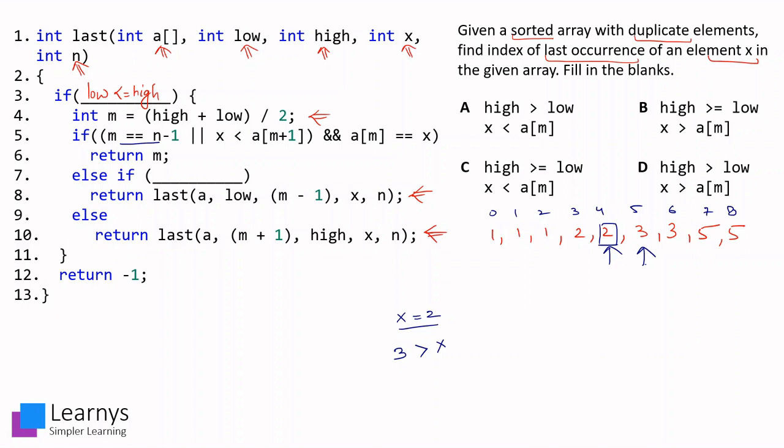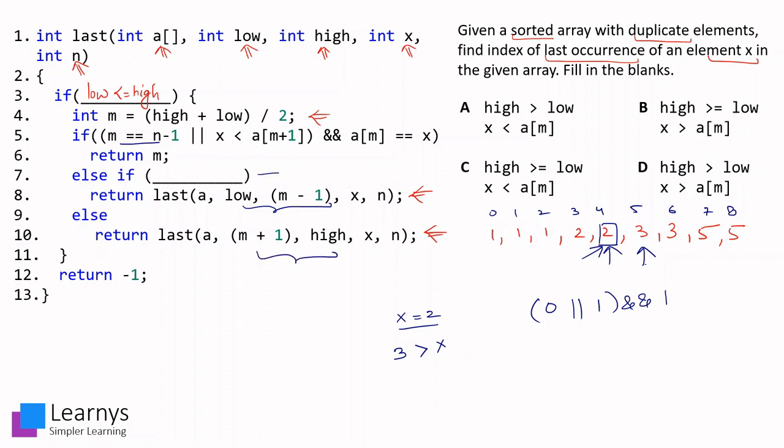So I can say that in my if condition, the first statement is false, then there is an or operator, then there is my statement which is true. So here it will be 1 and then and will be A of m double equals to x. This is true because A of m, that is A of 4, is double equals to 2. So in this case, it will return m, which is our output. Otherwise, it will move towards the left hand side of the array in line number 8 and right hand side of the array in line number 9.